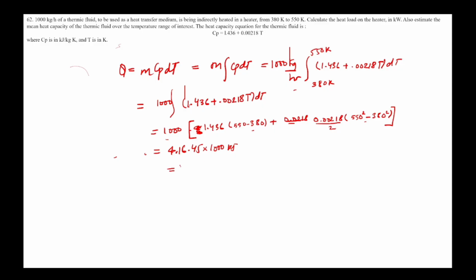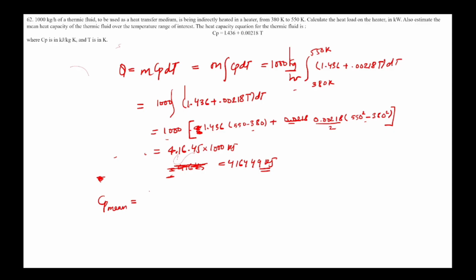So the answer will be 416,449 kilojoule. Okay, if you want to calculate the mean heat capacity, then Cp mean is equal to